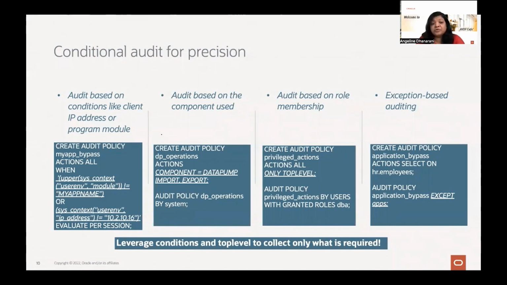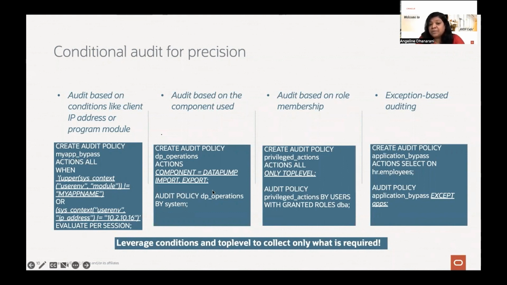Or if you create a named application context, that can also be used in WHEN conditions. So you could use something like, when my IP address is so and so, or when it is not in the trusted IP, you can audit every connection that comes into my database.